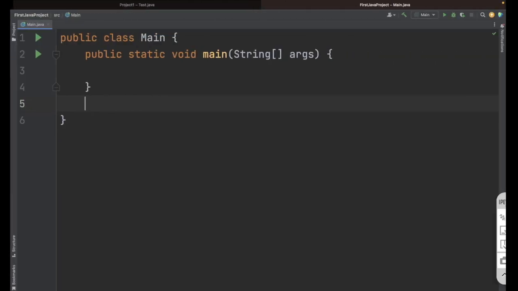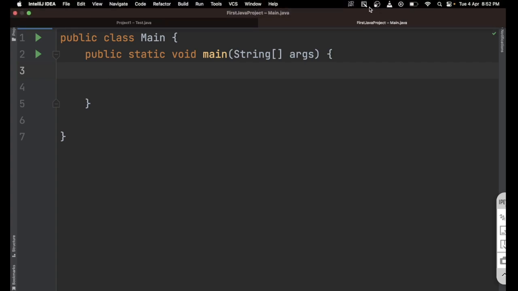Now if I open my IntelliJ, so here see, the if control statement, why do we use it? Whenever you have to perform some condition check, and based on the result you want to write some logic, then you can use the if or else conditions. For example, let's suppose